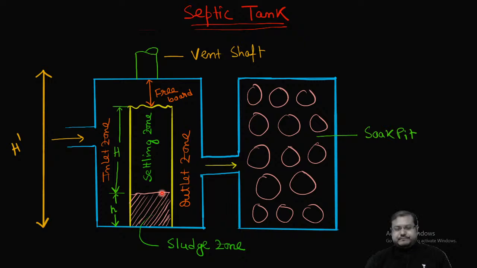So this is your inlet zone, water is getting settled down here, settling zone, this is called as sludge zone। Actually same chamber, a portion is kept for settlement and a portion is kept for the sludge. How much volume will be kept, we will discuss it later। From the outlet, the particle free water will go through the outlet, and it will go to the nearby sandy soil called as soak pit।